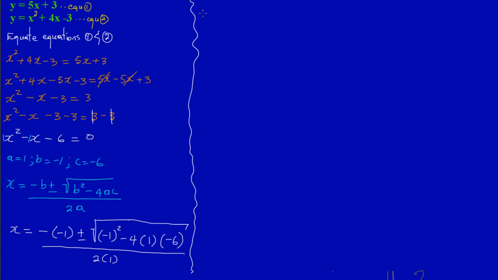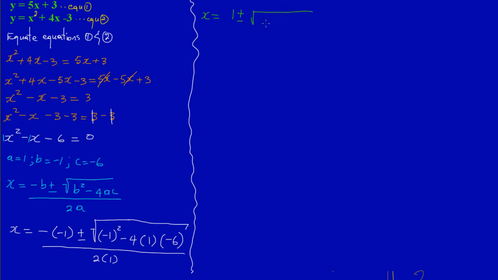So I would say here that x is equal to, look down here, I have a negative sign in front of this bracket, so it simply means I want the opposite of what is inside the bracket, which is the opposite of negative 1, which is a positive 1. So I would have x is equal to 1 plus or minus the square root